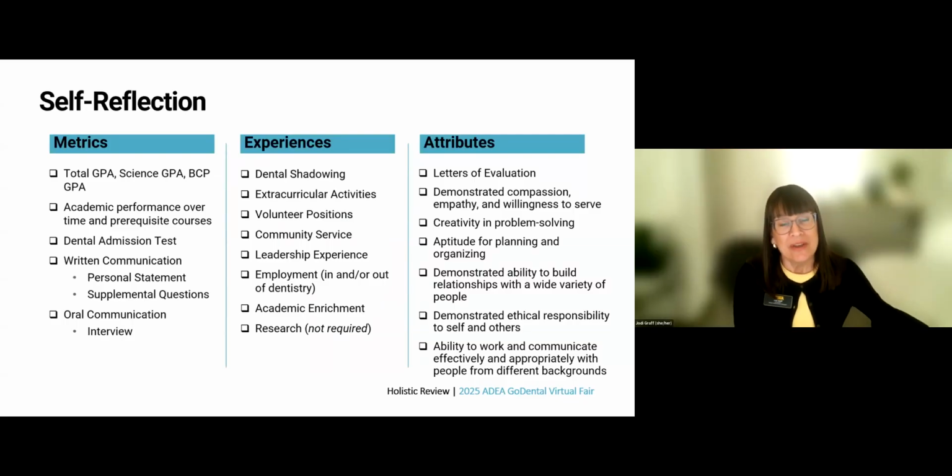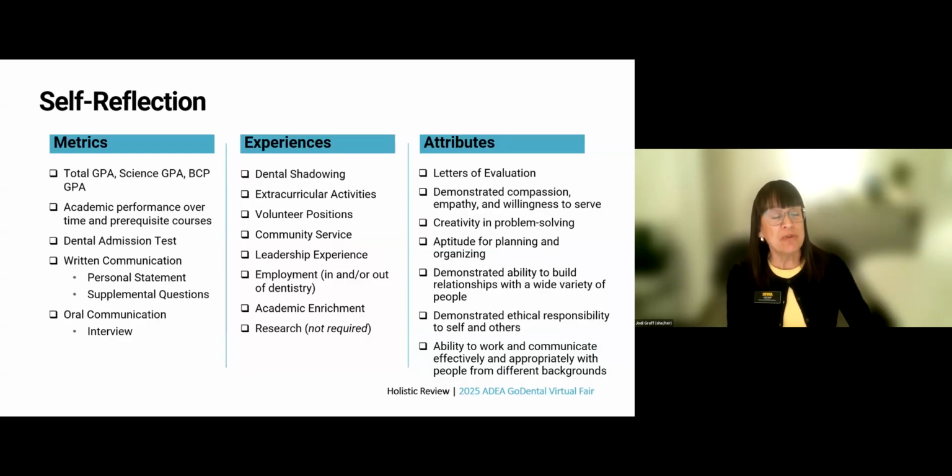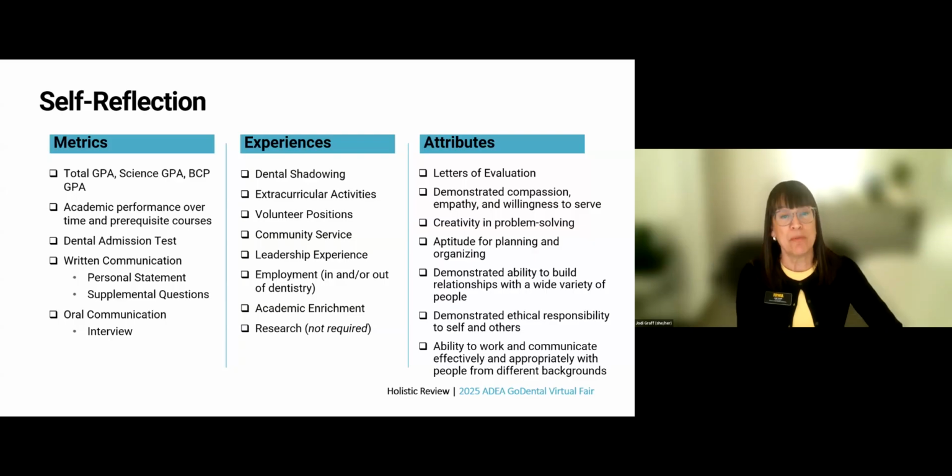Thank you, Patty. So in this next section, we're going to be self-reflecting on both the holistic review process and also the components of the application. This will allow you to present the strongest application possible. So earlier we learned that one part of the holistic review process is metrics. So I want to map for you the parts of the application in which you can prepare the strongest application possible.